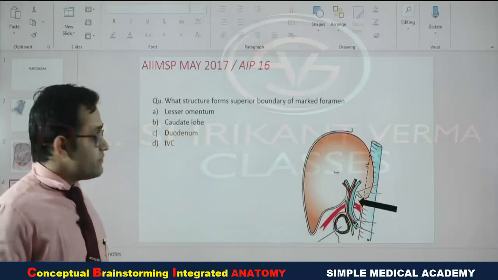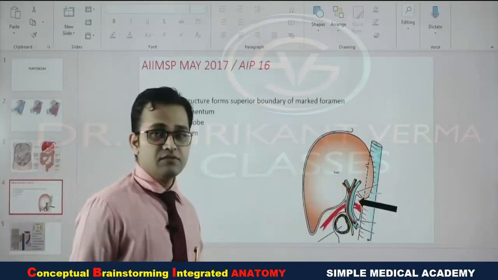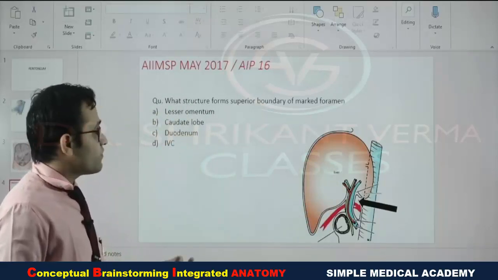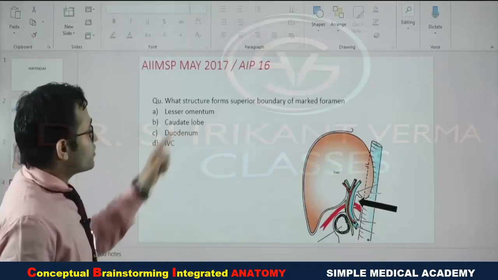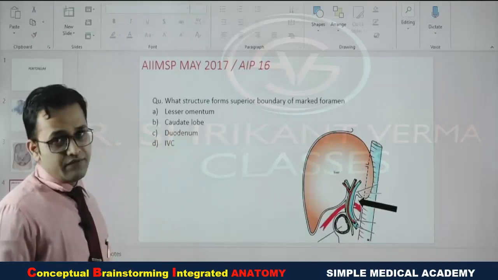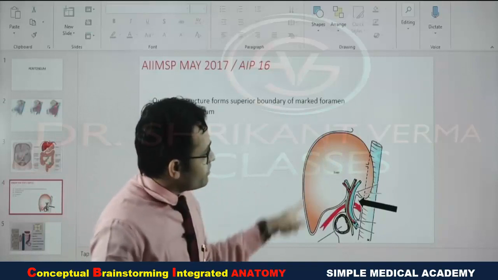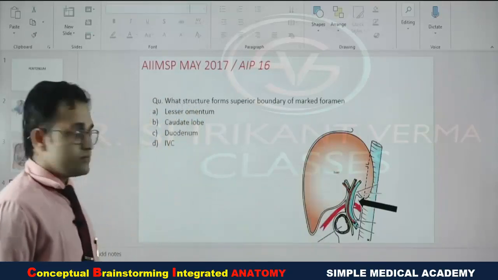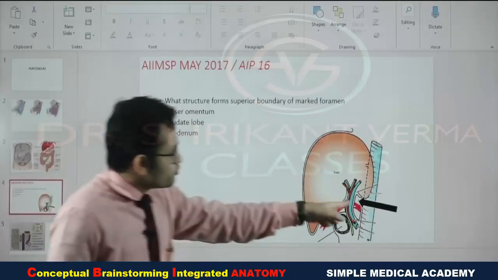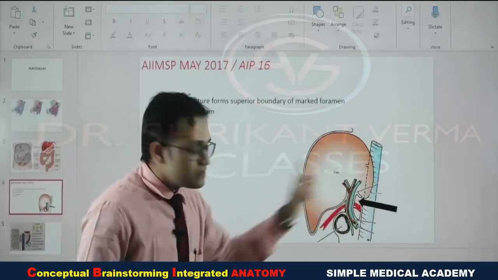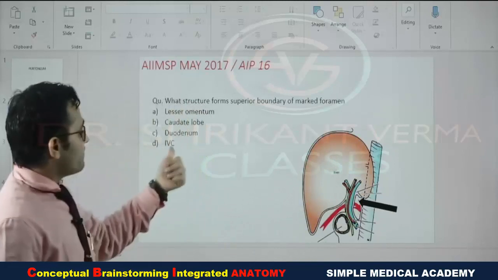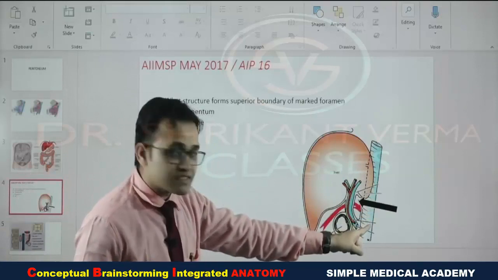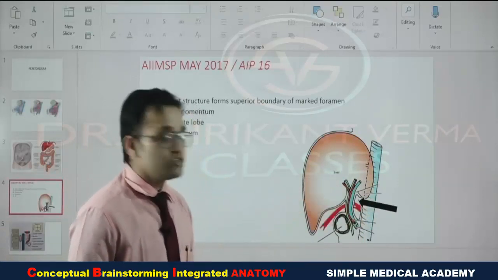If you are not knowing, even then you can answer that answer is the lesser omentum. No, it may not be the lesser omentum. Yes, why? Because it is the space. And caudate lobe, yes, caudate lobe is the part of the liver, and you can see this is the very big organ, yes, which is the liver. So definitely answer will be the liver, means caudate lobe. Yes, duodenum, superior boundary, can you see, is it looking like the duodenum? No, never. Inferior vena cava, by this image you can see the inferior vena cava is located on the back side. So it is the posterior relation, not the superior relation.